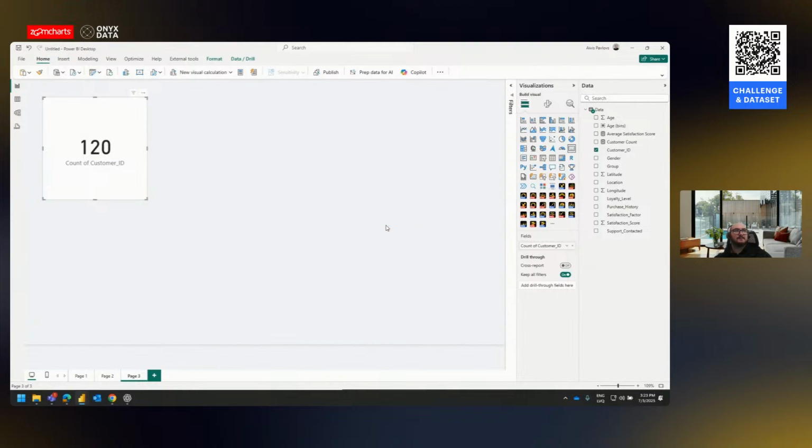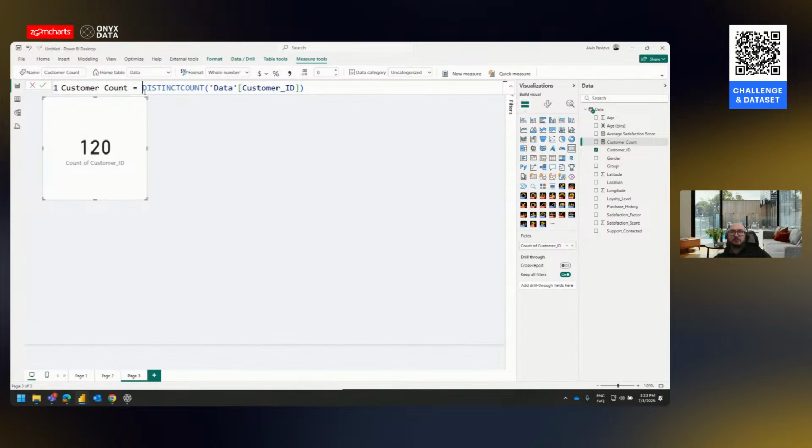However, using this approach and switching to distinct count isn't the best approach when it comes to data modeling. The reason for this is that different visuals might treat this differently and there might be some error cases. So it's always better to convert these sort of values that you know you're going to be using into a measure. In this case, customer count is a very simple measure. It's just a distinct count,